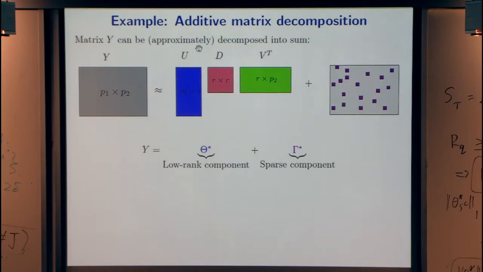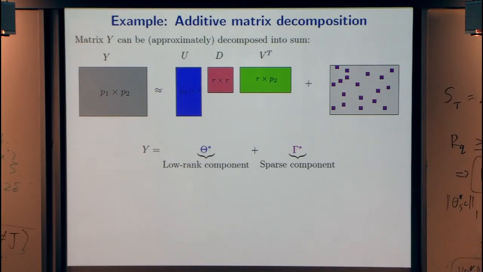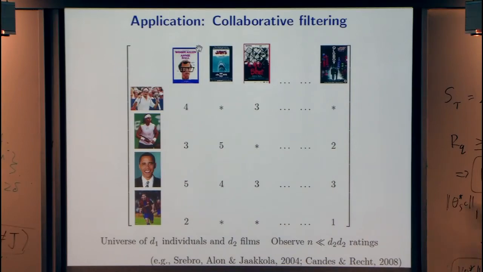Here's another cute problem. It's matrix decomposition. I mentioned this. People have studied it a lot. It's an extension of both low rank and sparse. You imagine that you are interested in estimating a matrix that can be approximately decomposed into a nearly low rank and a nearly sparse matrix. And depending on the application, you might be interested in the sparse part, or you might be interested in the low rank part. One application of this is actually this problem here,